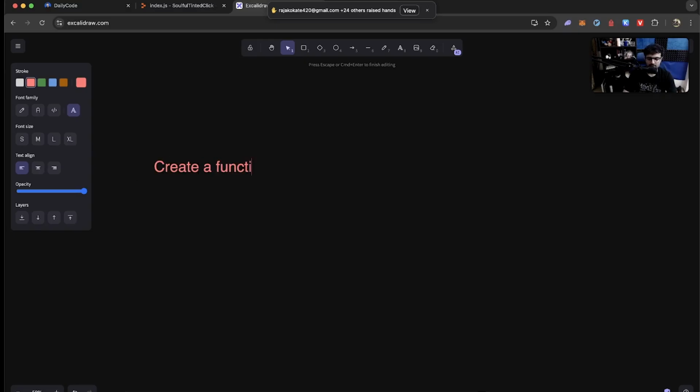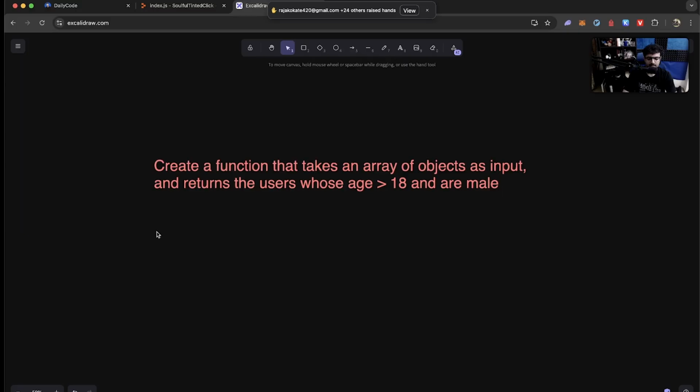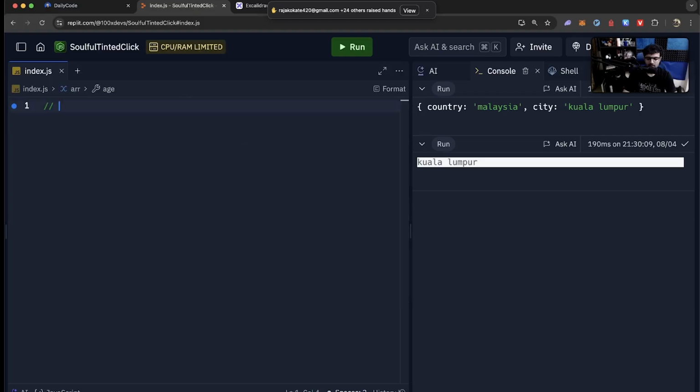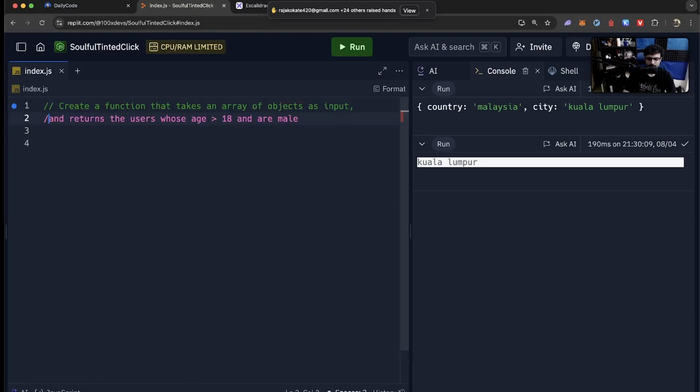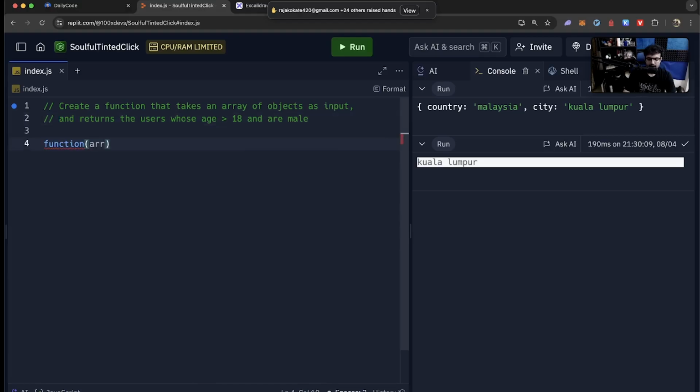Create a function that takes an array of objects as input and returns the users whose age is greater than 18 and are male. ये सही है. This is the problem statement. Let me copy this and paste this here. Define a function that takes an array of users, so user array as input, and then returns just the male users whose age is greater than 18.